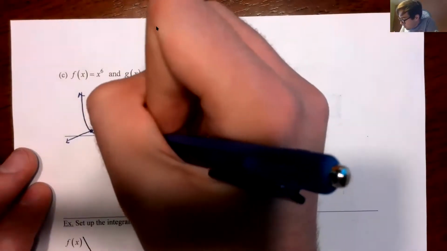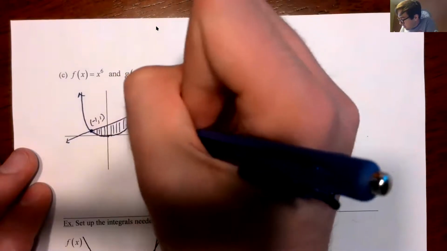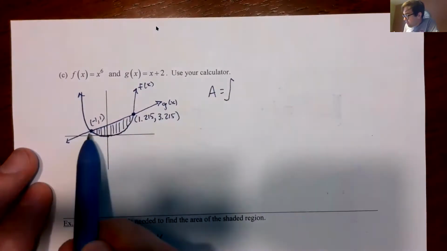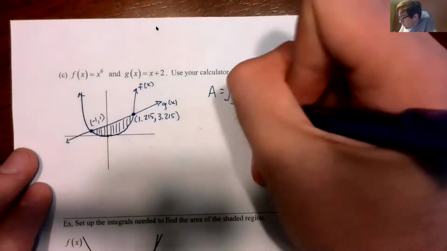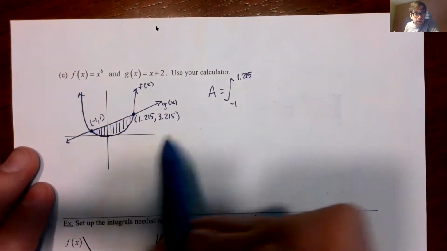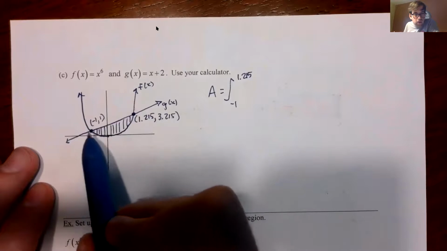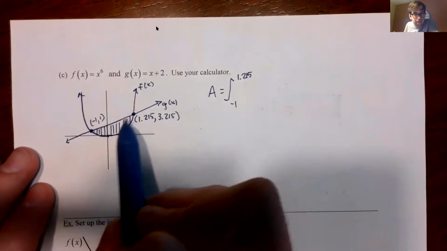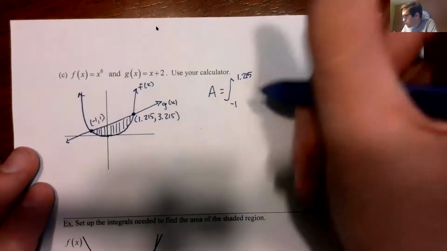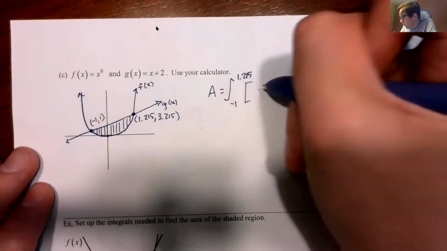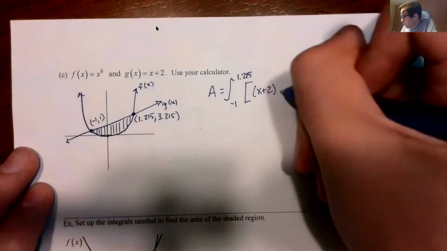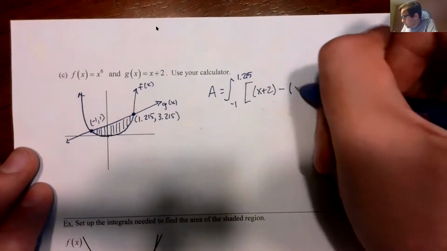Okay, so let's use those to find this area in here. So we're going to use the integral from x values of negative 1 to 1.215. And we're using x values because you can see in the x direction, or when we have vertical slices, we clearly have an upper and a lower part of our curve that we'll be able to use equations for. So let's plug that in. So we have the upper is the x plus 2 this time. You can see that's the line, minus the lower, which is the x to the 6th,